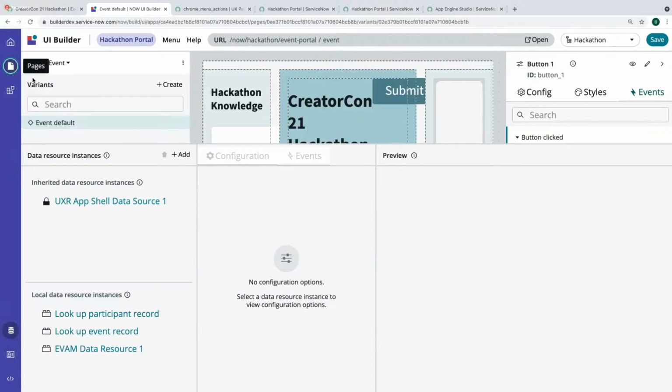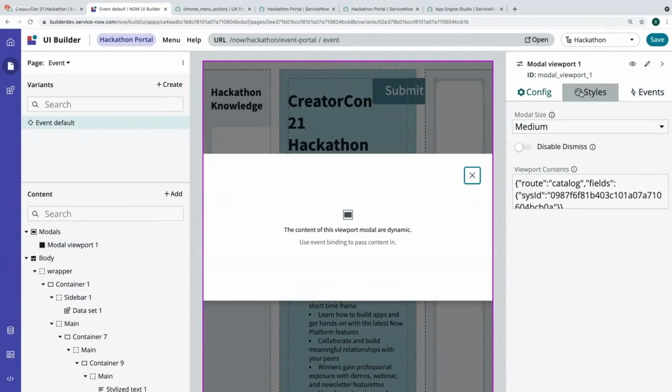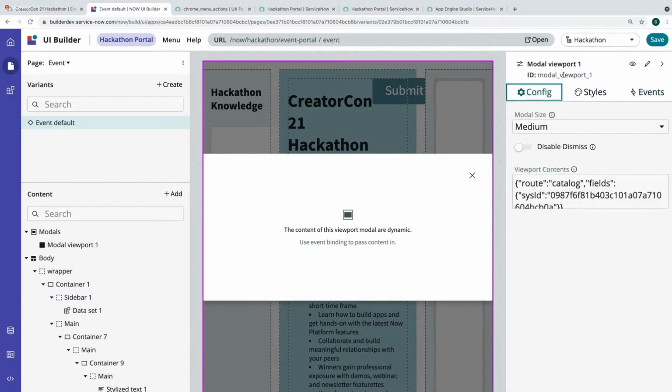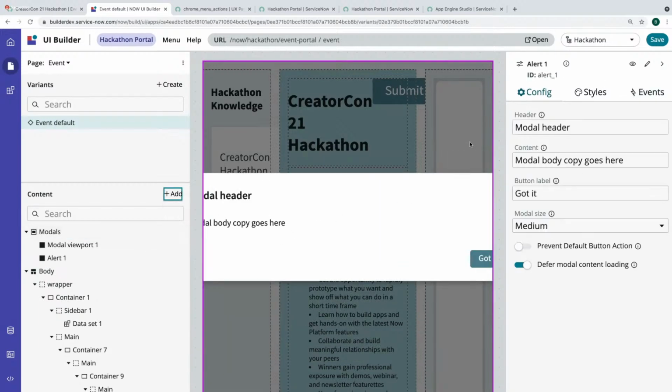I don't know if I need to. I've done a modal before, and there's a YouTube video to prove it. Is there a name on this thing at all? Modal viewport one. Yeah, it's got an ID. Let's add another modal that is the simplest one we can, and see if we can launch this one.